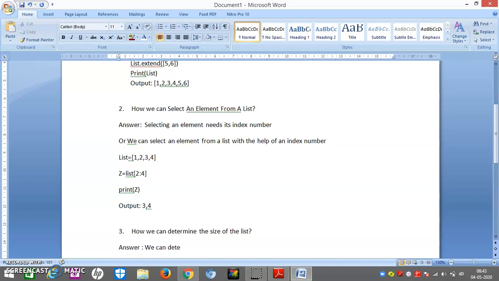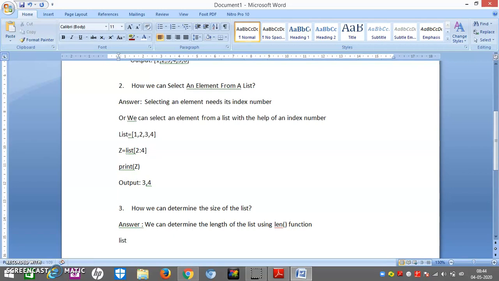We can determine the length of the list using the len function. Simple. The len function will give you the number of elements in a particular list.